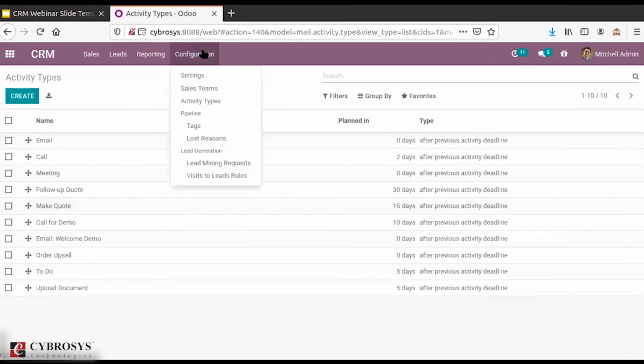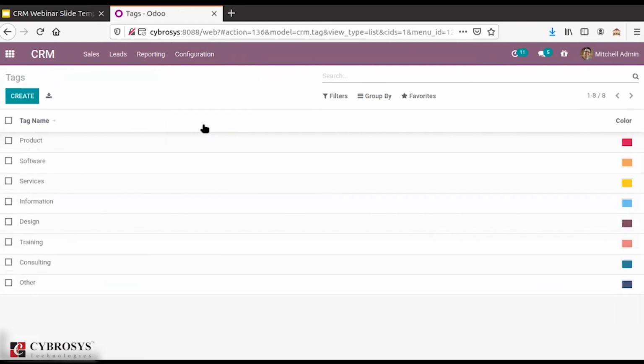Now with configurations you can see we have the option called tag. As I told you, while creating the lead or opportunity and all, we have the option to mention the tag. So a tag is nothing but it works as a keyword, or we can say it works as a label that will help you to categorize your work as well as set an objective and goal for everything.